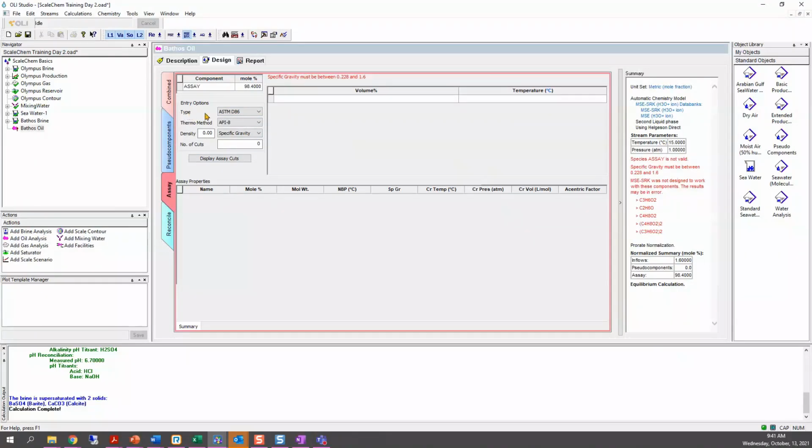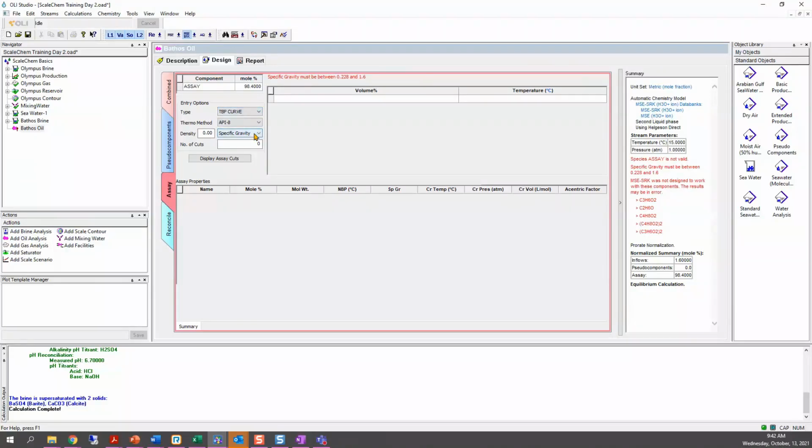So for type, if you click in this drop down arrow here, you have different options. You could enter the ASTM D86, some other ASTMs here, but for our example, it was given to us a true boiling point curve or a TBP curve. So let's select that option.